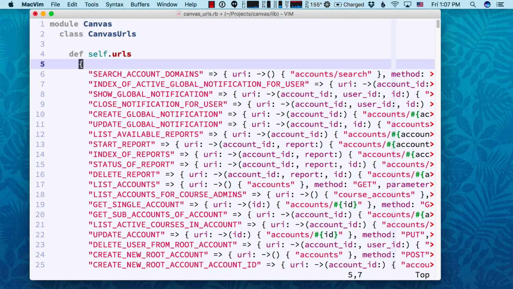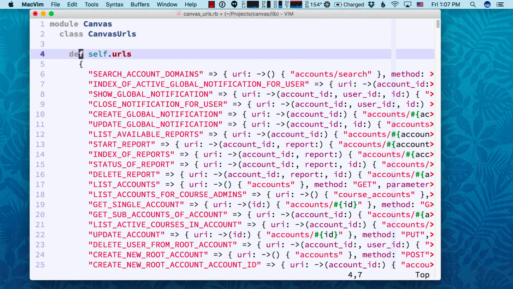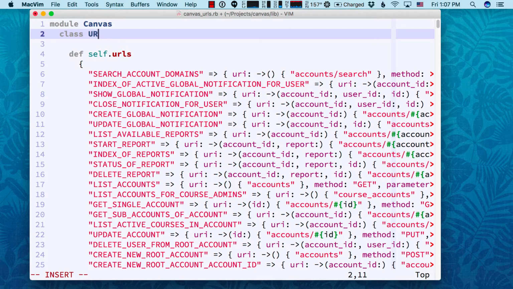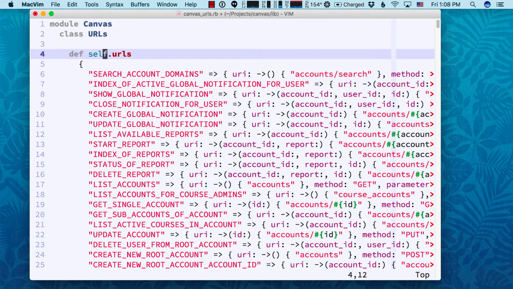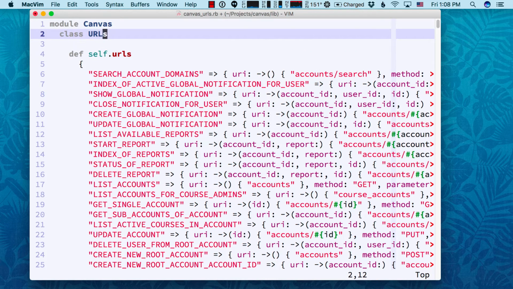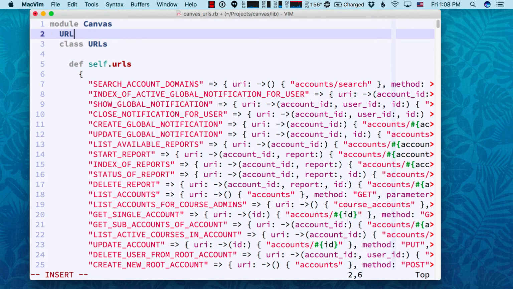This hash doesn't change. It's always going to return the same hash every time you call this. Also, I'm going to recommend we do that. So instead of having a class that wraps a method that returns a constant and does nothing else, we could just say Canvas